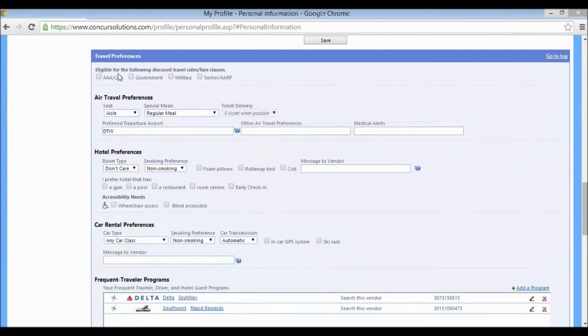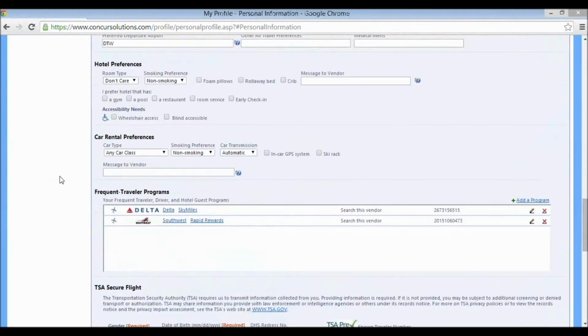Next, you're going to go down to travel preferences. Unfortunately, none of the information from True Expense was transferred over into Concur. So if you had Delta or Southwest or any of the hotel information that you had already inputted into True Expense, you'll need to go ahead and put it in again because you won't be getting any credit. And I know we want to make sure that you get credit for things like miles